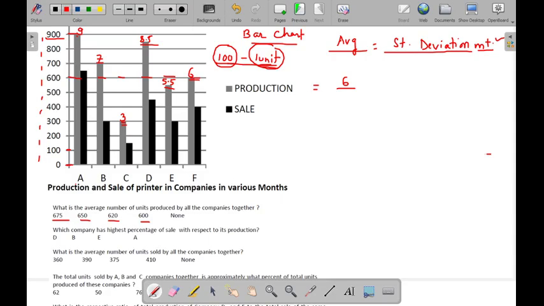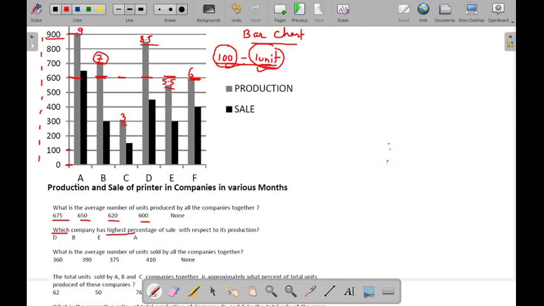Now when you add 6 plus 6 plus 6 plus 6 plus 6 plus 6 and you find out their average, this is 36 by 6. So again the average comes to 6. So what do we assume? That all these values are 6. Now after you have assumed that all these values are 6, we will look at the deviation. We'll look at what is the difference of every value from 6. So I see that company A